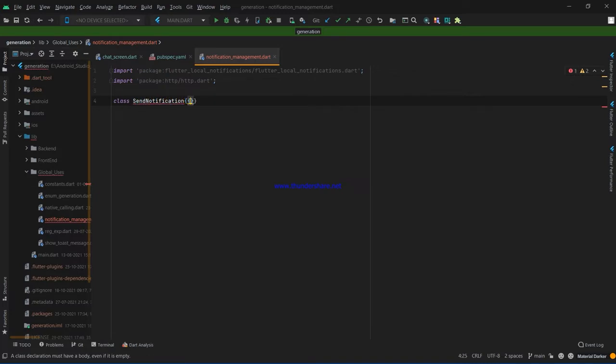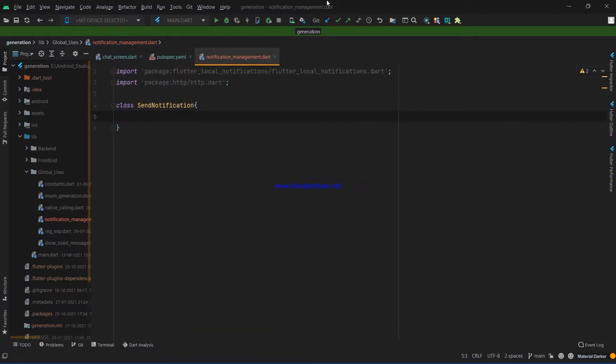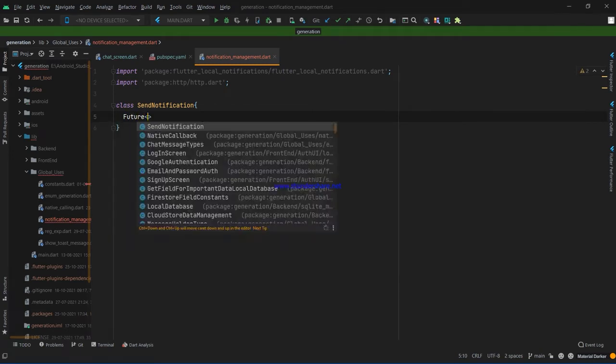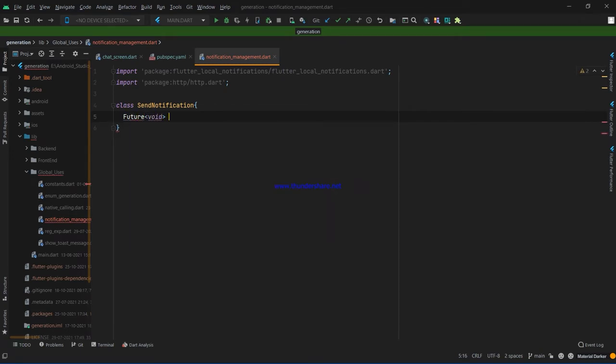Here we make a method, and the method name will be message notification classifier.